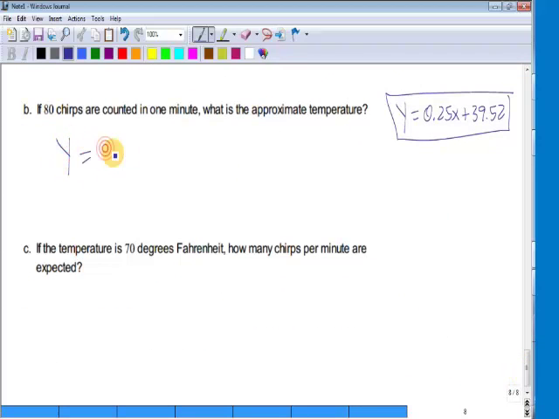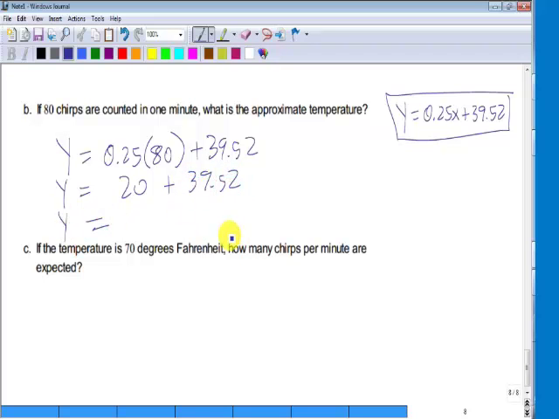Y equals 0.25 times 80 chirps per minute plus 39.52. Y equals 20, I believe that's a fourth of 80, plus 39.52. So y equals 59.52. Now, you might find a little bit of information on this topic if you Google the word